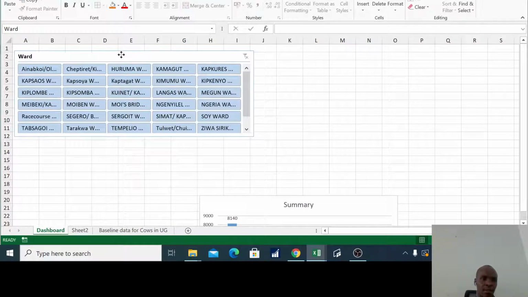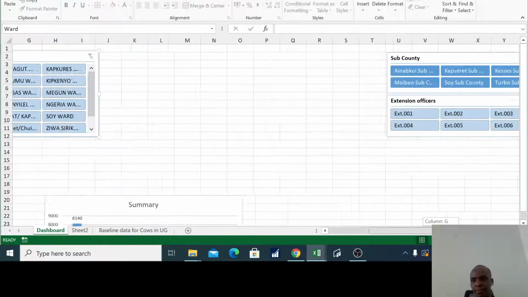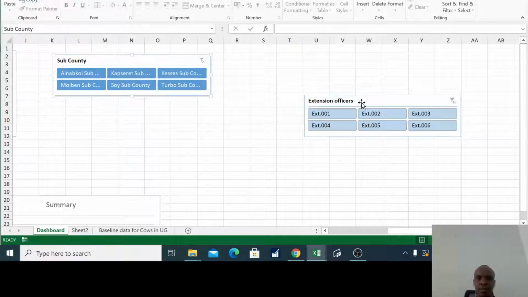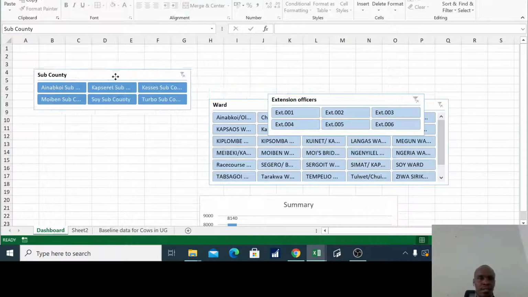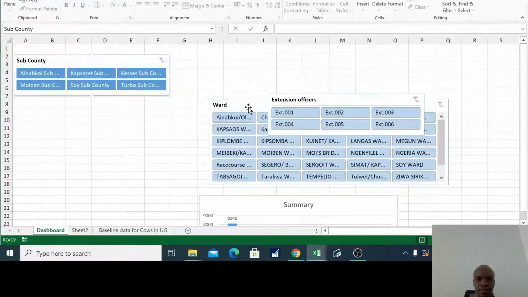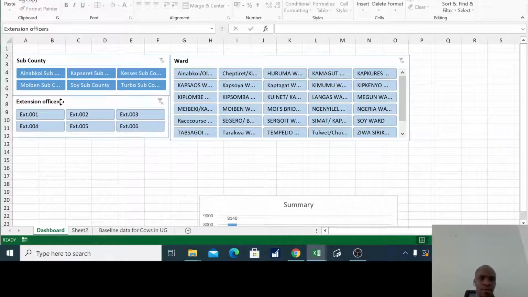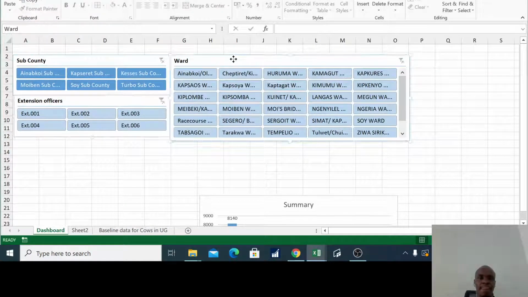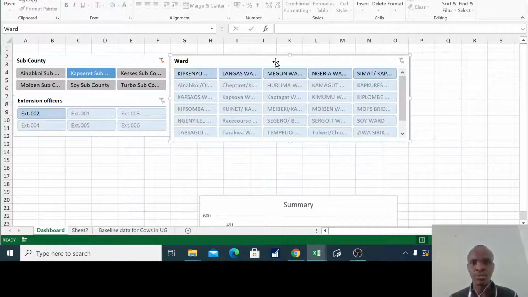Then when I get to this point, I will rearrange them nicely, depending on how you want them to look. Maybe in this case, we want to start with the county. On this end, we have the ward. Then we have. There's one thing that slicers, when you want to use one slicer that controls the other,